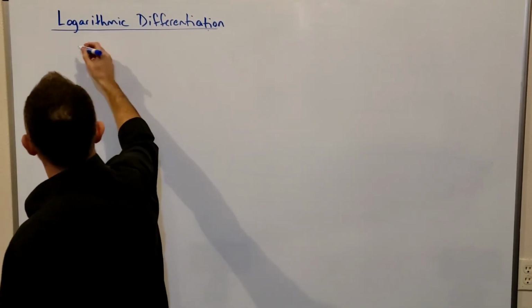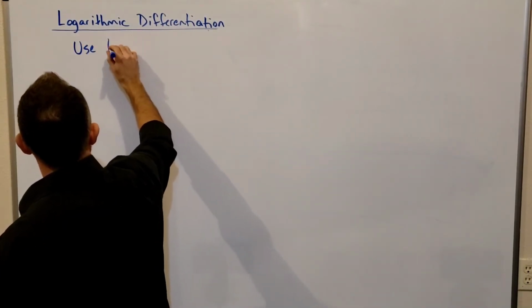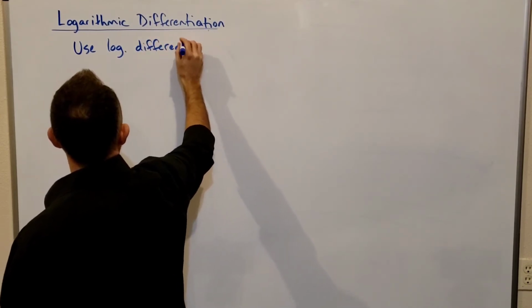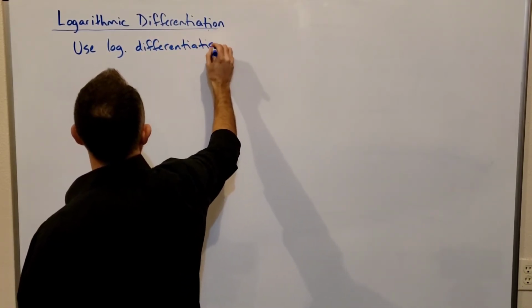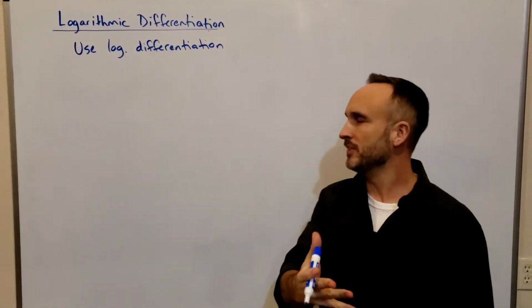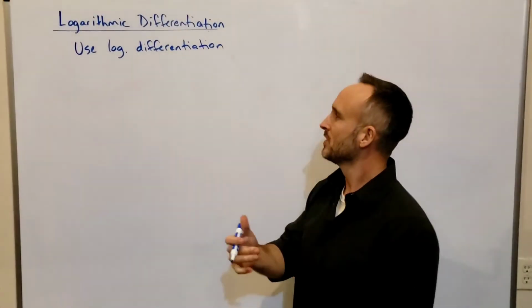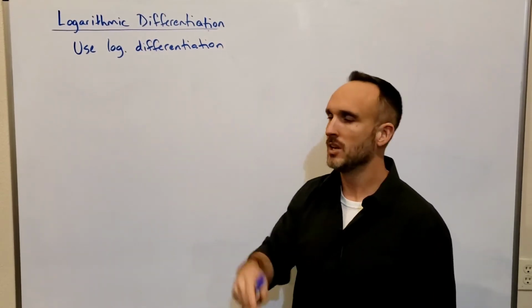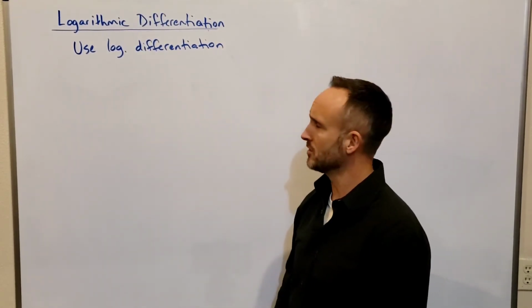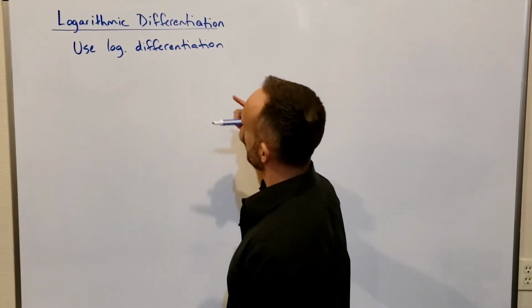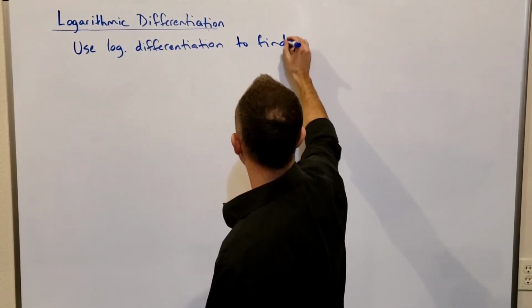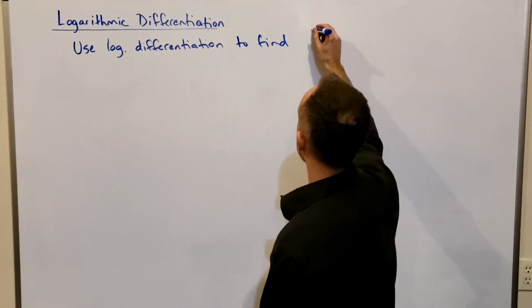So use logarithmic differentiation. By the way, I typically try to put myself in your shoes if you're taking notes. So that's why I rewrite the instructions every time, because if you're taking notes, I assume you're probably having to rewrite the instructions. So that's why I do this. So use logarithmic differentiation to find the derivative